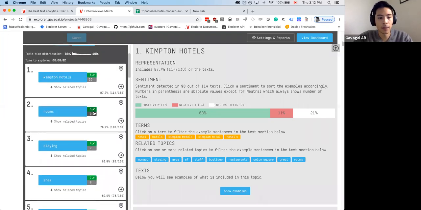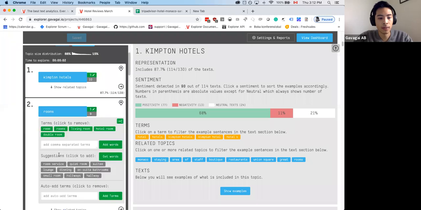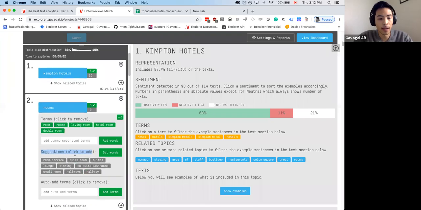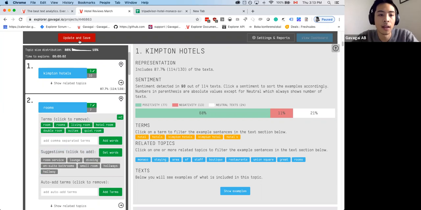And basically by choosing terms that you want inside your topic, by selecting suggestions or removing terms. So for example, here we could add suites or quiet room. And now we're beginning to modify our topic room. And if I click update and save, we're now saving what we call a template model for this project. So I can save that, but before I do,